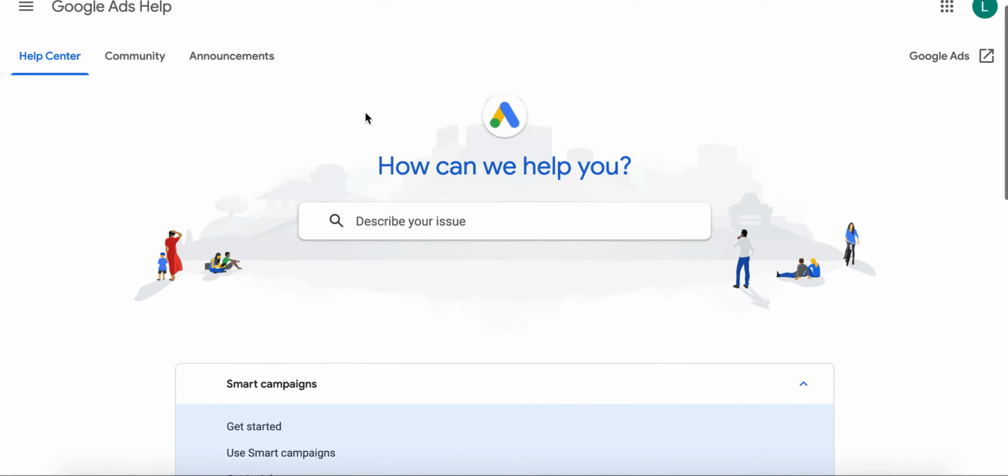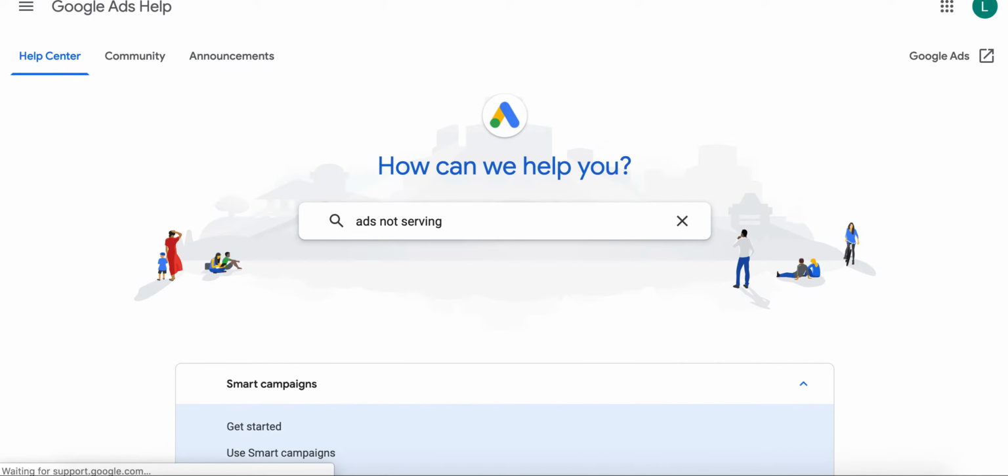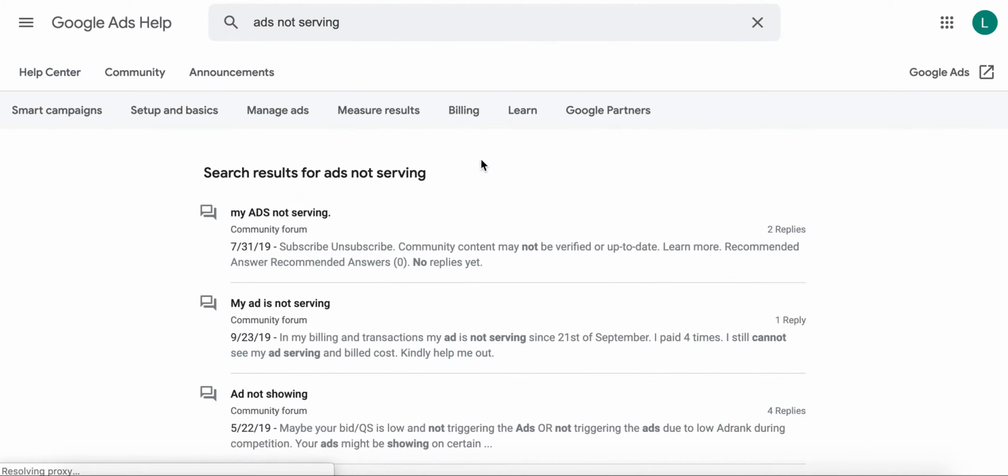So the easiest thing to do is, a common problem that you may have is having created campaigns that then don't generate any traffic. Sometimes it's a technical issue related to the Google backend. Sometimes it can be a problem with the way you have set up the settings within the account. So if we type here ads not serving and hit enter, the first thing you'll come to is the sort of